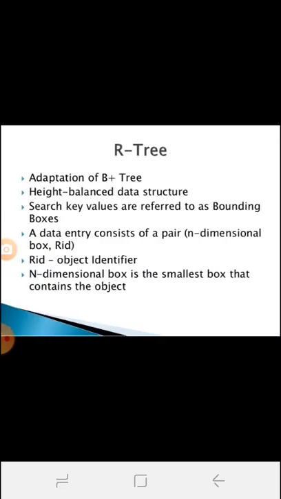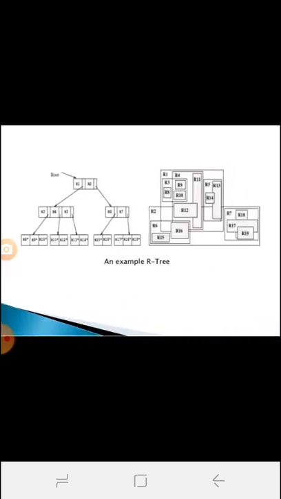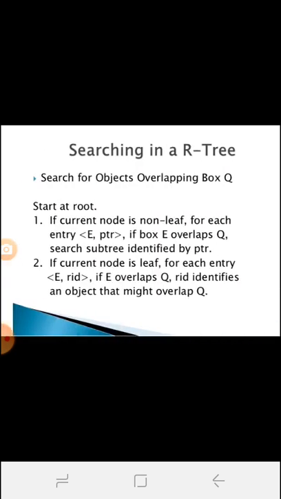Then R trees. It is like a binary search tree with constraints, very useful for range and nearest neighbor values. The R tree is also used as a spatial access method, that is, for indexing multi-dimensional information such as geographical coordinates, rectangles and polygons. A data entry consists of paired dimensional values. This is the R tree example.